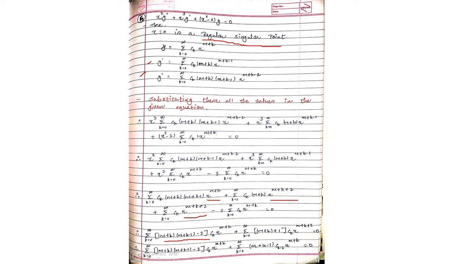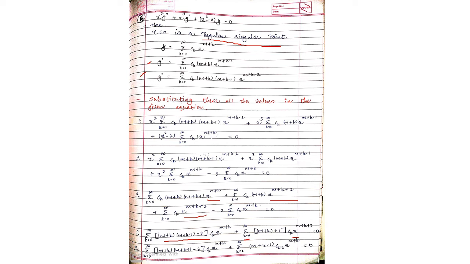Okay. Now see second and the third term. This both term having similar power m plus k plus 2, right? So again taking out the common. So summation is common as it is. From here ck as it is. From here x raised to m plus k plus 2 as it is. Okay. Now writing the remaining terms, that is m plus k and from here there is no term at all, right? So nothing, it means here 1 will remain. So that will be m plus k plus 1, right?